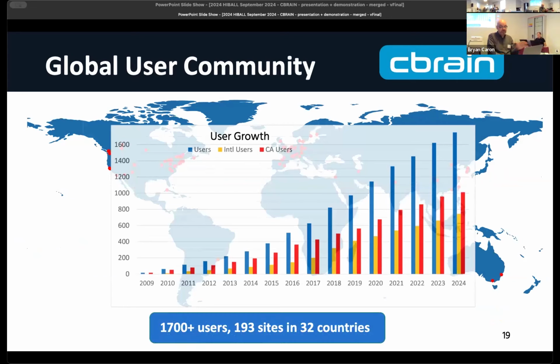You can see this is at least the growth, because not everyone's using the system at the same time, right? We have on average about 400 active users in a given year. They might do something, go away for a bit, and after things are published, have to come back and do some other work. So it varies as a function of time, and it's not just, of course, all Canadian users, it's worldwide.